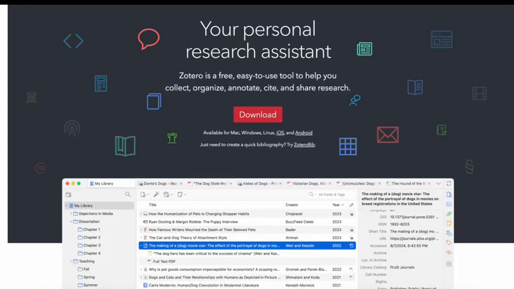Welcome, everybody. I wanted to record a short lecture to introduce you to Zotero, which, as is noted on this slide, is like your personal research assistant. It is a citation management software that you can download for free, you can use for free, and it'll make